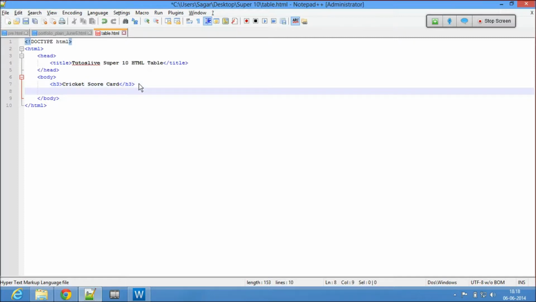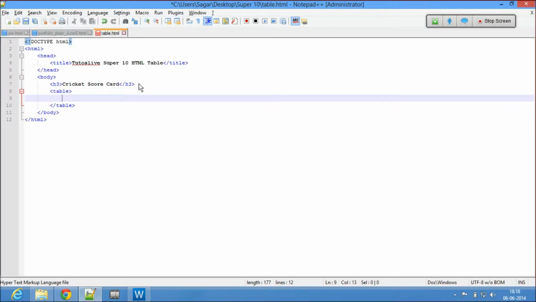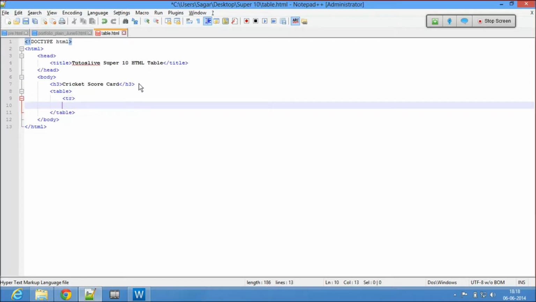So here let's start writing our table. As soon as you open a tag, make sure you close the tag. That's how it avoids confusion in tables. So that's the reason I just open it and close. So let's write with no attributes at all.